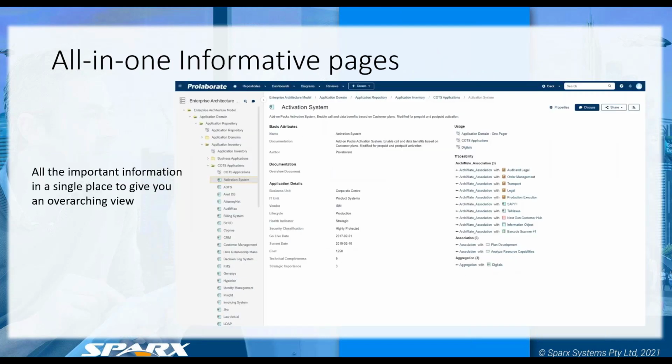We've added all-in-one informative information pages, so you can select any element that you have within your model and then view things like the instant traceability view to say what it's connected to, where it's coming from, what types of connections it has, where is it used, what diagrams, etc. What are the properties, the details of that element, and then who created it, where's the documentation for it, etc., etc. So just a snapshot of anything we have in the model there with that web-based view.